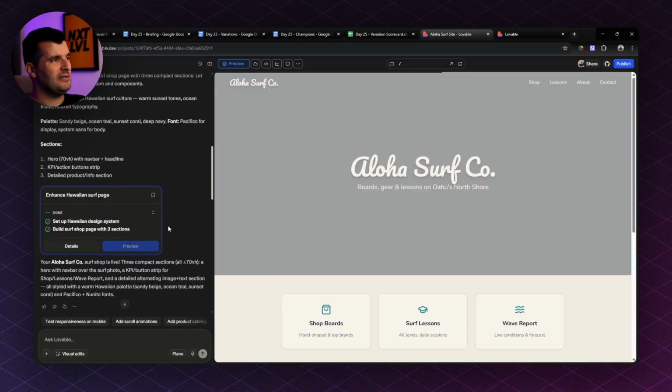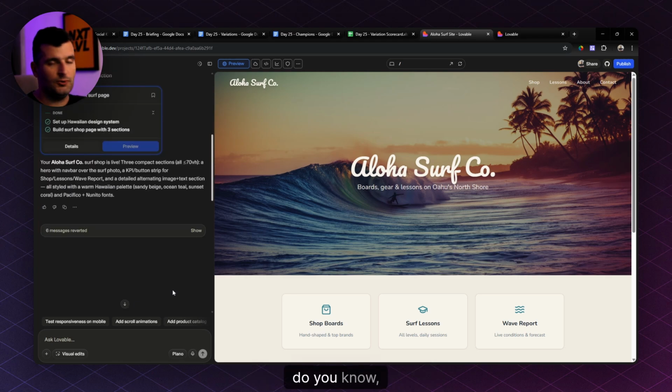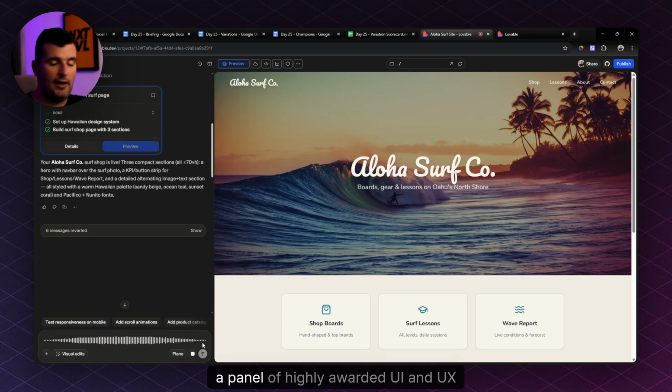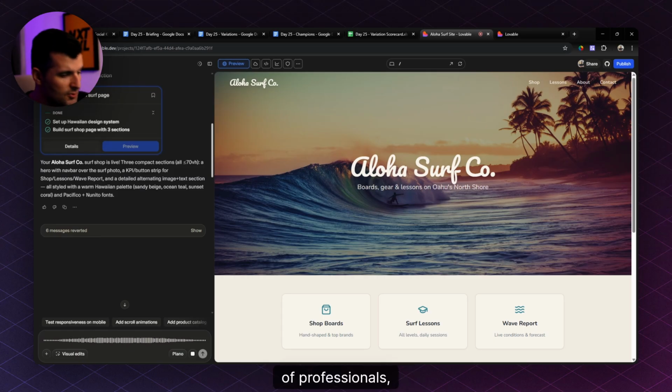I mean, so I just prompted it just for us here. I created this Hawaiian surf shop. I would encourage you to first ask experts about it. But do you know an expert in design? I don't. So I asked the AI itself. So emulating a panel of highly awarded UI and UX professionals, I want you to have 3 different archetypes of professionals,